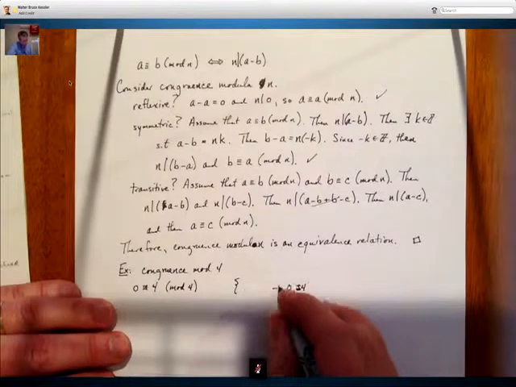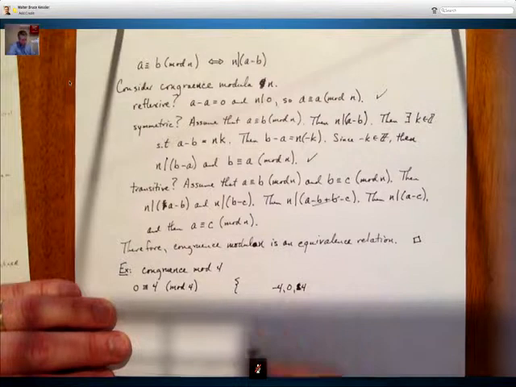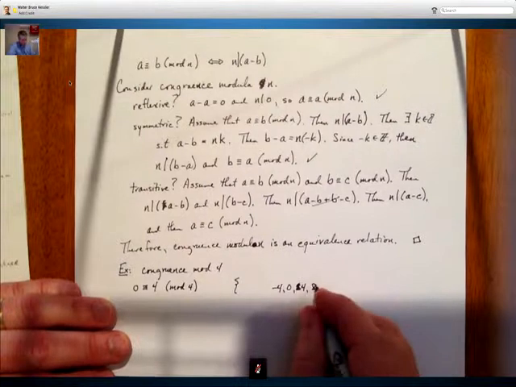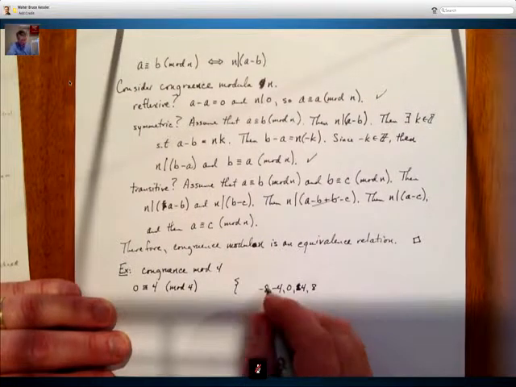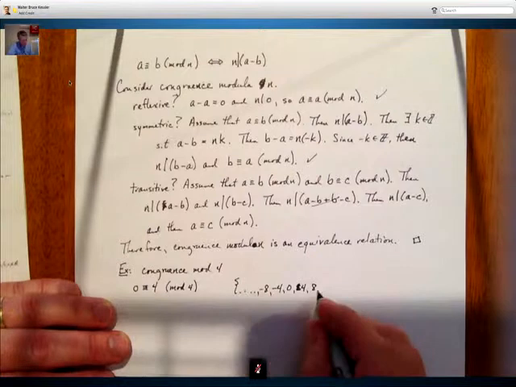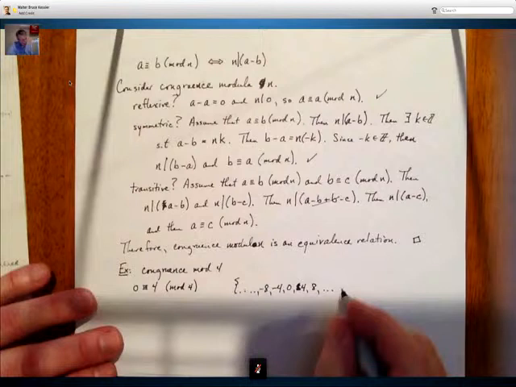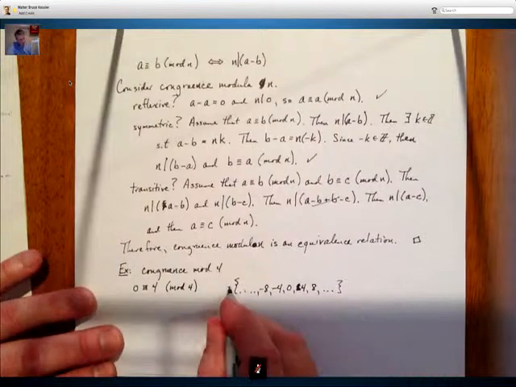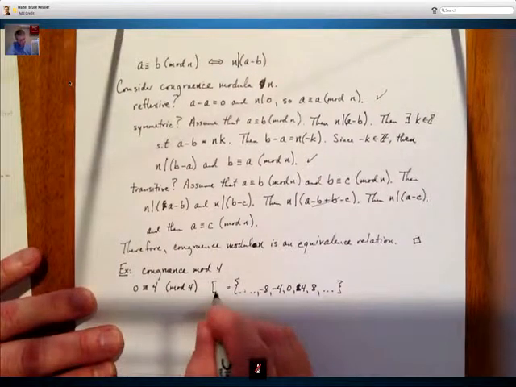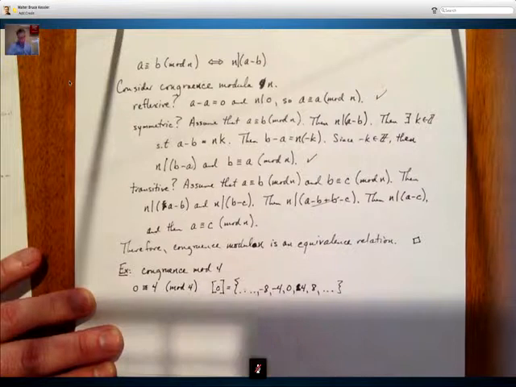Maybe I shouldn't put the negative there. Maybe I should put it here and just list them in order. Okay, 8, right? And negative 8, and so on. All the multiples of 4. Okay. And when we're dealing with an equivalence relation and it's kind of set up what it is, we will